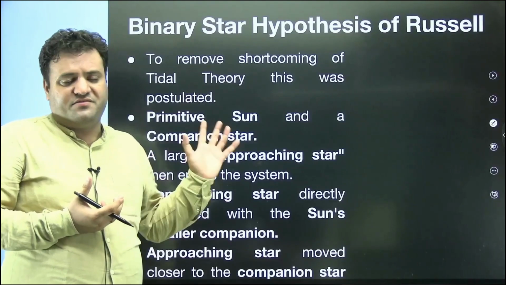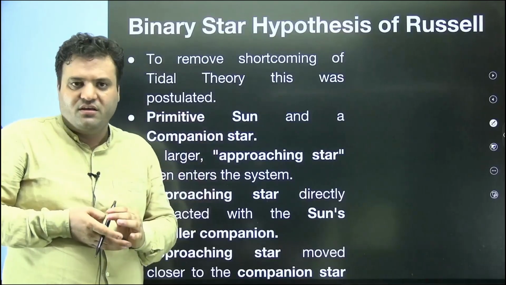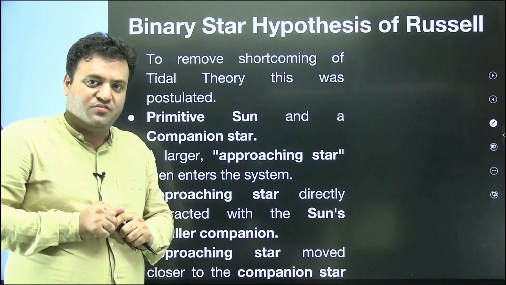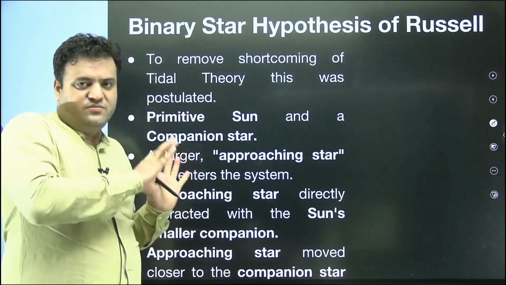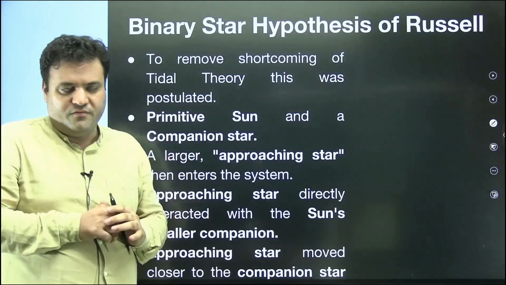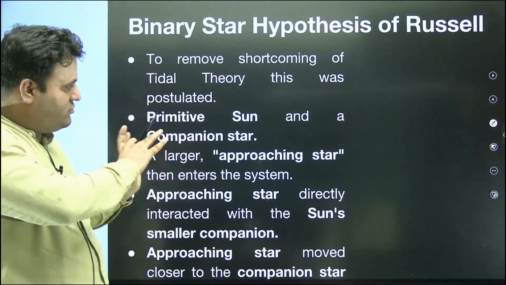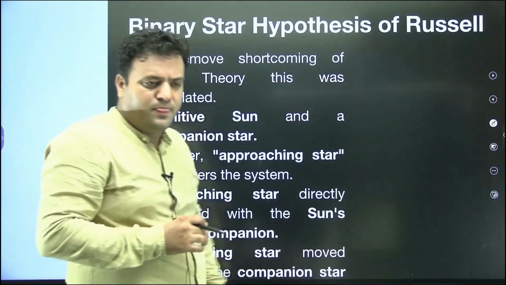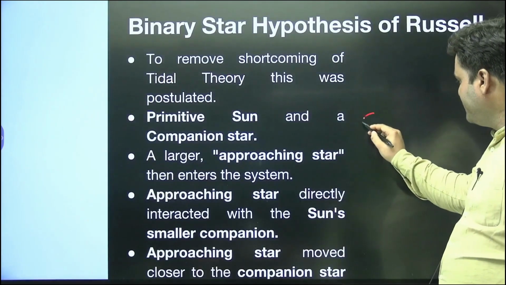Similar to what we have seen so far with respect to the planetesimal theory and Jean and Jeffrey, there was ejected material from the sun's surface due to the gravitational pull of a star, the wandering star, but here the assumptions are somewhat different. To remove the shortcoming of the tidal theory, this theory was postulated, and in this theory it is mentioned that first of all there was a sun,